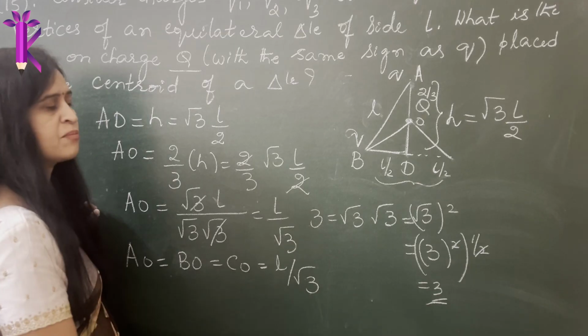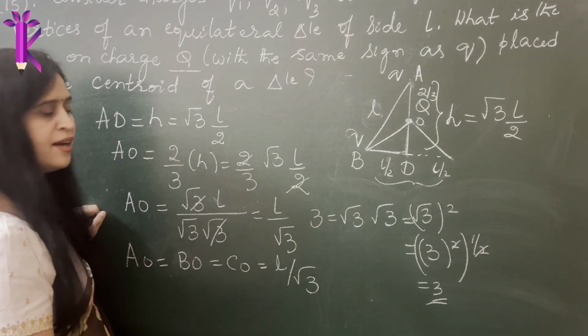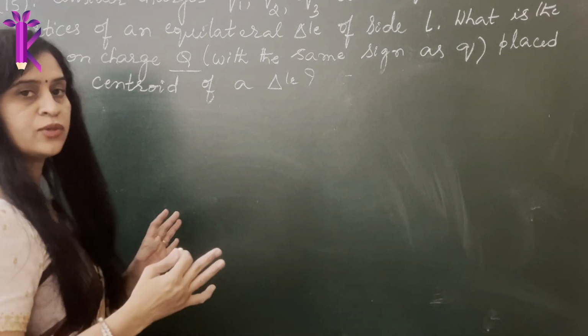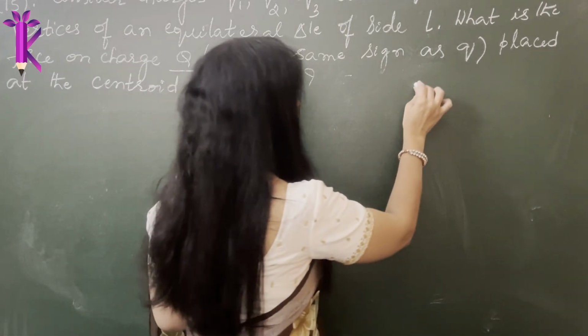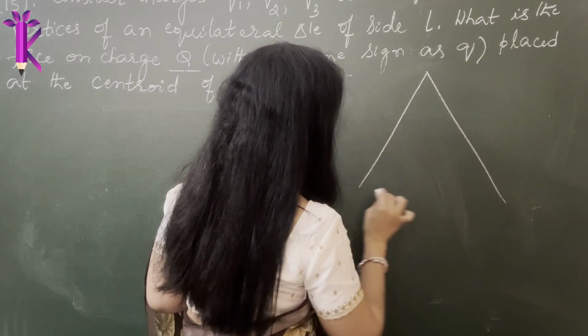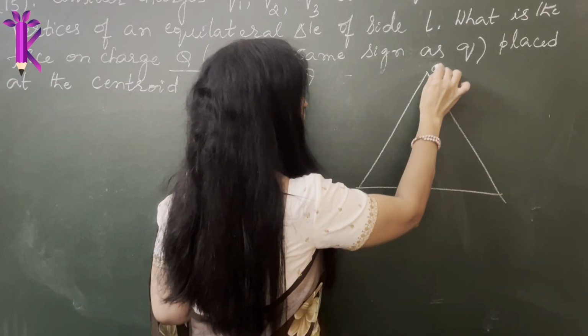Now what is the next important point? Use Coulomb's law, apply the formula, figure it out. Let's do it. Now that we have erased everything, I will write it again. So this was your triangle. We will not write any extra information; we'll just use the information we need to calculate.